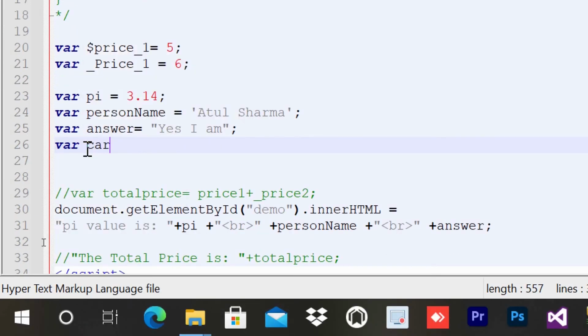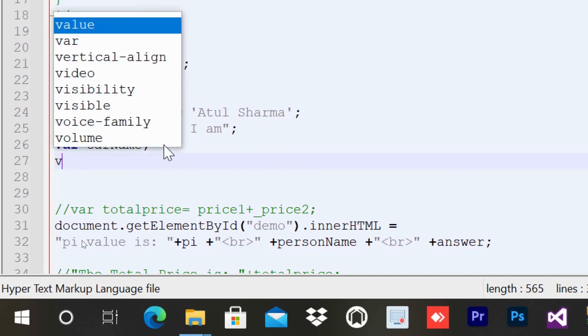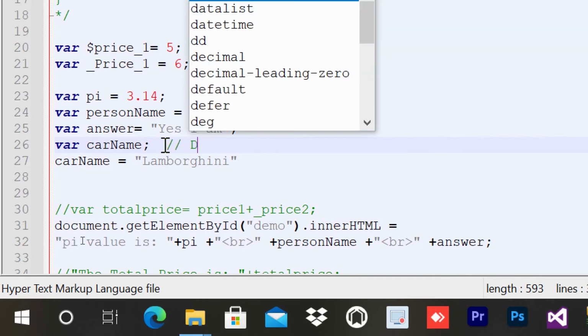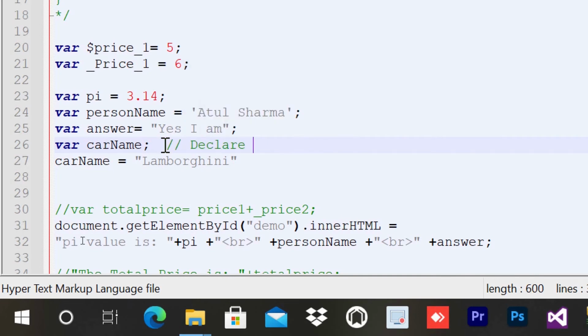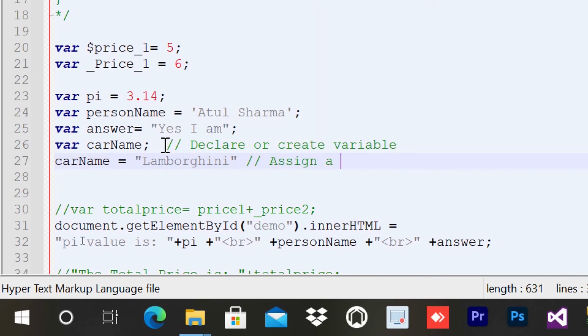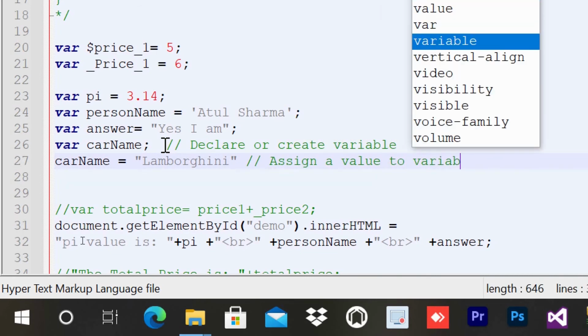So we will use var carName, and here we are assigning the value Lamborghini. Here we declare or create the variable, and here we assign a value to the variable.